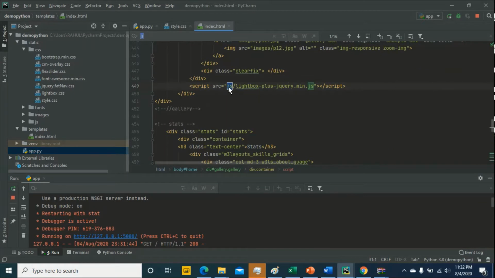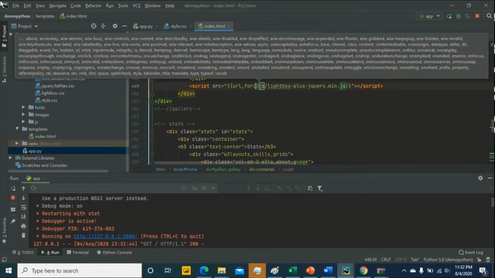Here. Same process. Open and close the curly braces here. Enter url_for, okay, then open and close the bracket.